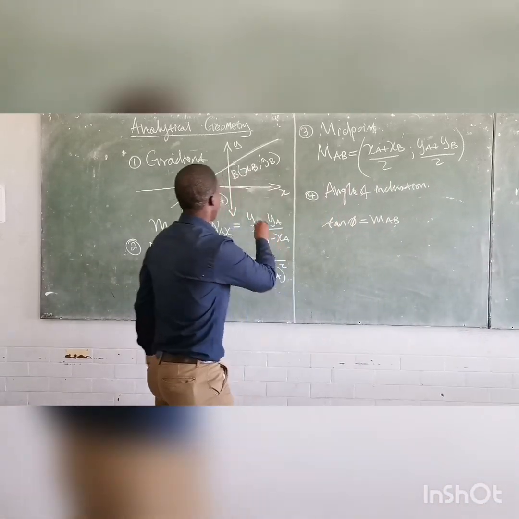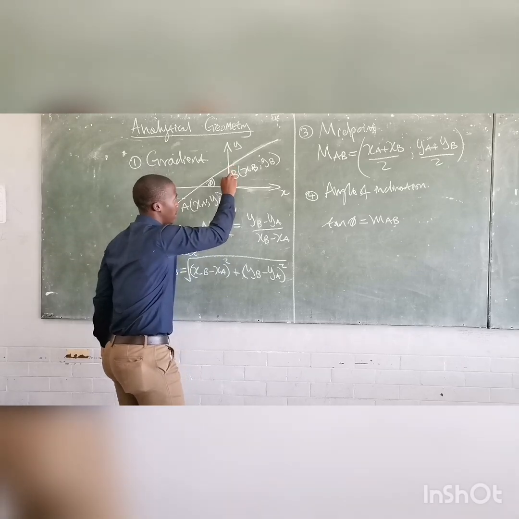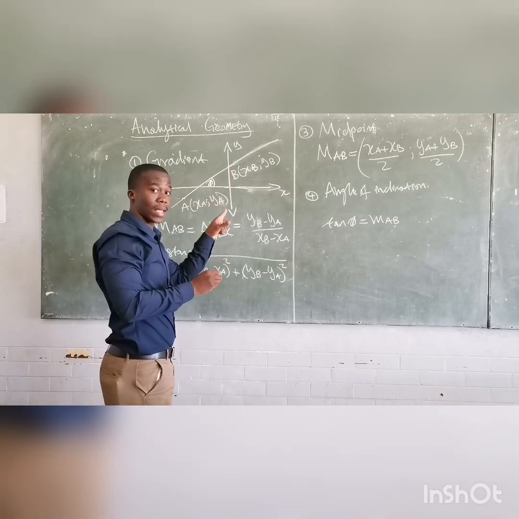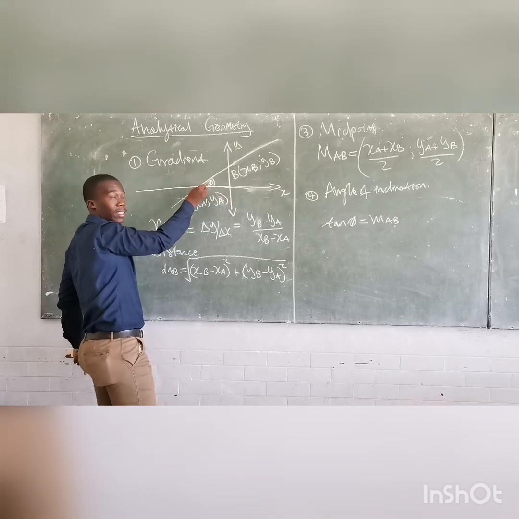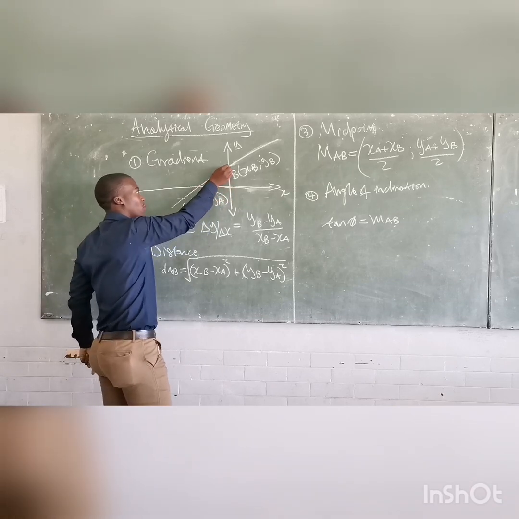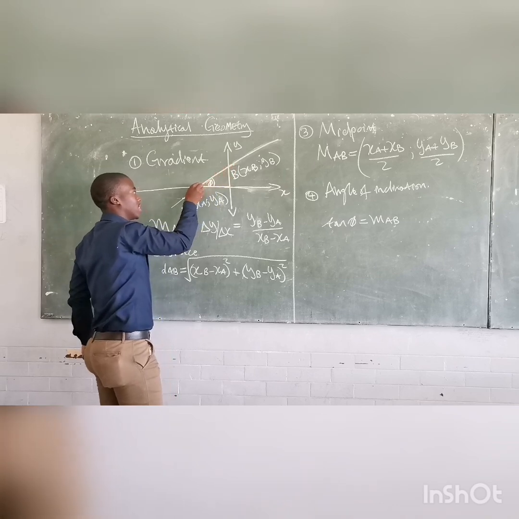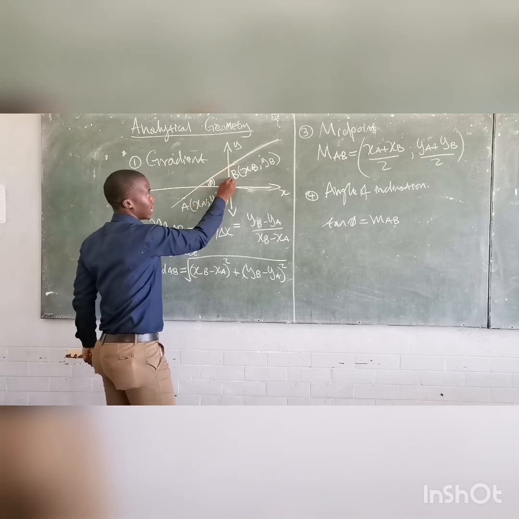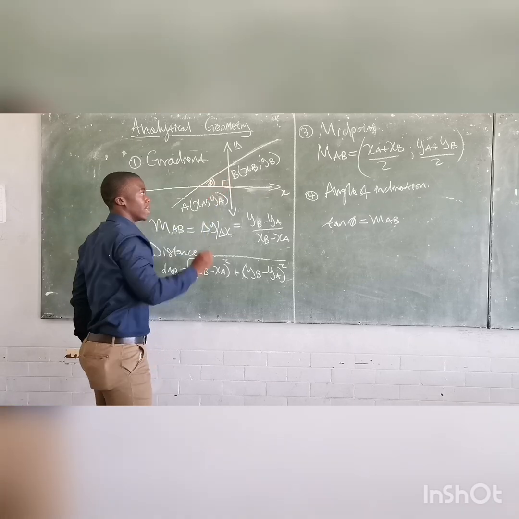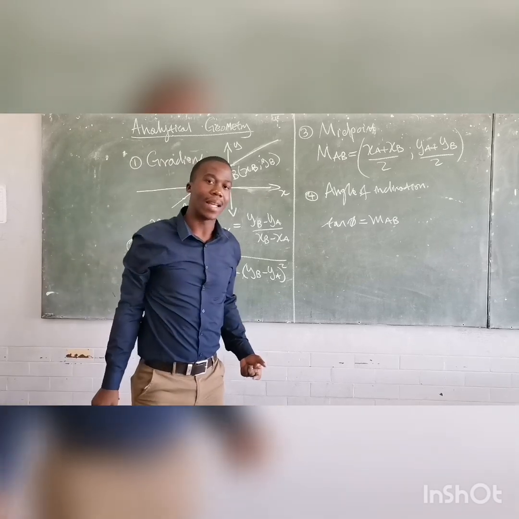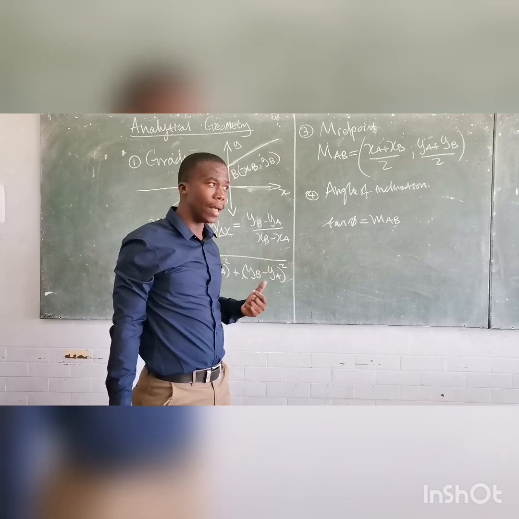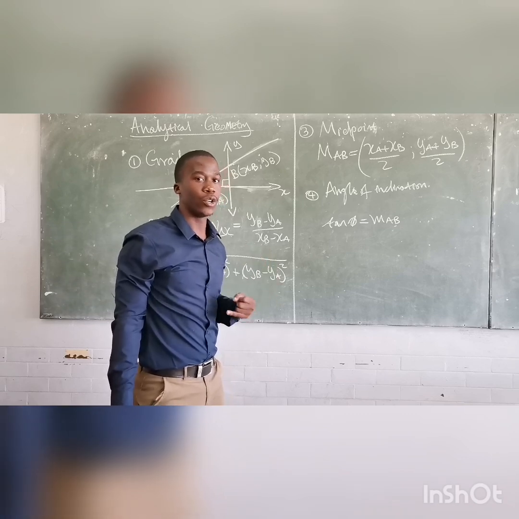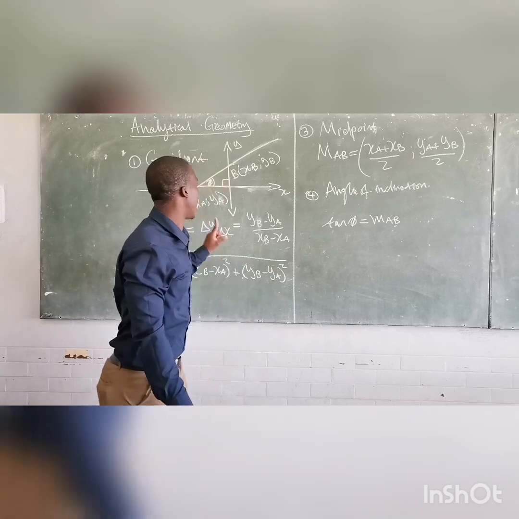If we focus on the triangle, we are talking about the y-axis meeting the x-axis, including your line AB. So if you were to focus on this triangle, it forms a right-angle triangle. Since it forms a right-angle triangle, that means you can now use the trigonometric ratios, right? Right now,